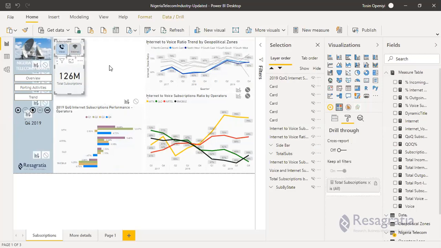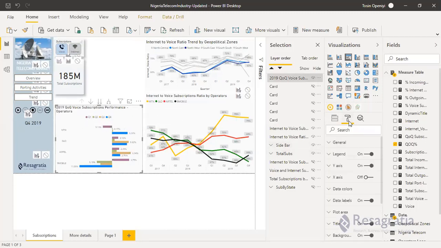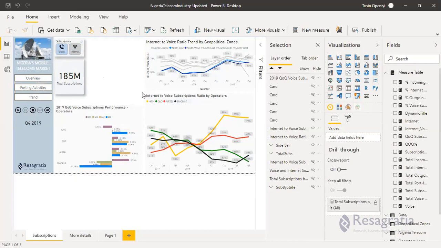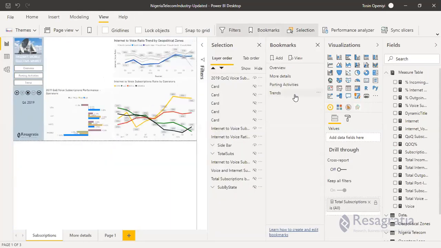Then another thing we should do is change the text size. Let me see so that the title will just be 1:9. If that didn't work, I want to adjust this. Okay, let me see if we can do that. Oh, okay. Instead of that, let me just adjust it from here. Then I will adjust the other visual. All right, so we don't want this to show this total. We don't want it to show here, so I'll just get rid of it and update. Then come to my bookmark, the trend, update trend.